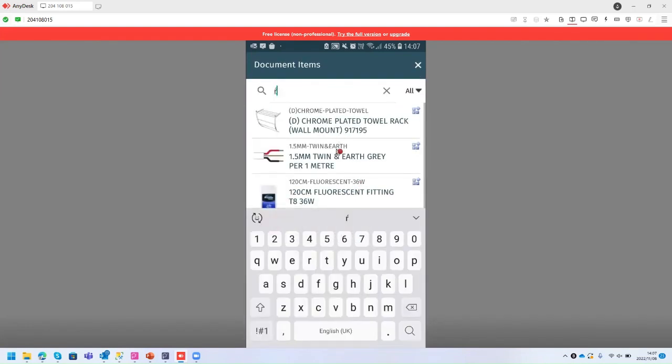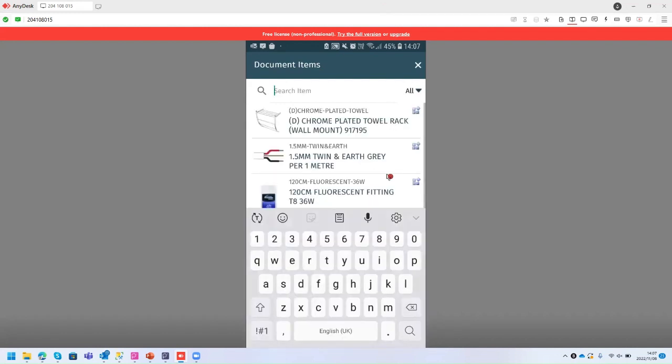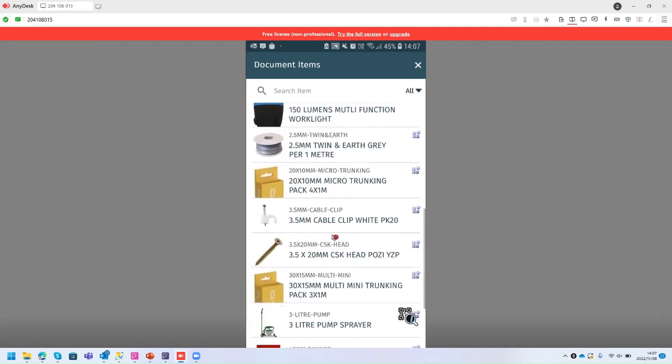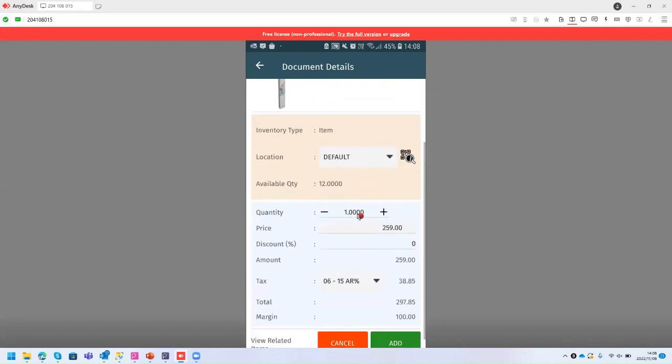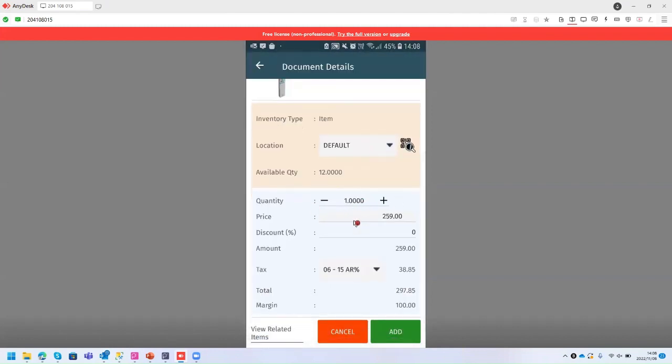So you'll see that product images sync directly from Palladium as well, so it makes it easy to identify the product. But in this case, we'll say that we're selling this micro trunking item here, okay? So at this point, we're able to specify the location that we're pulling this stock from, okay? The quantity will obviously pull through a price, discount percentage relevant to the customer, and then your tax, your relevant